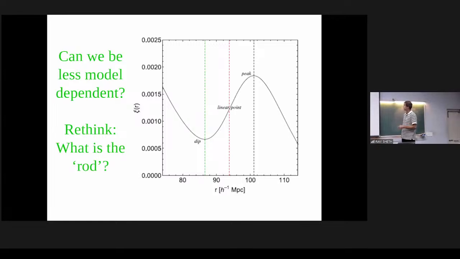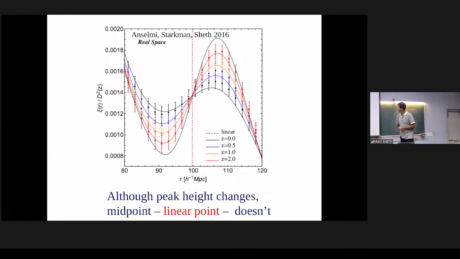In practice, you can do the following game. In a simulation, you can measure the evolution of the correlation function as the simulation evolves. As the simulation evolves, the amplitude of the correlation, gravity goes to work, it makes the clustering signal stronger and stronger and stronger. You can try to divide out by the amount by which gravity should have enhanced the clustering. This is the correlation function divided by that amplitude. It's the jargon, the linear theory amplitude.